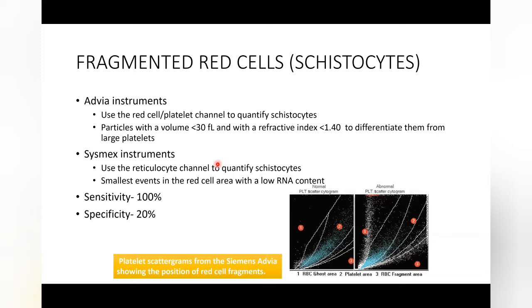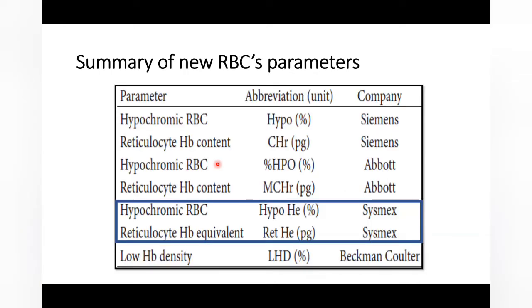Whereas when we look at the Sysmex, we have already seen that they use the reticulocyte channel to quantitate schistocytes, and they pick up the smallest event in the red cell area with low RNA content, and that is how they pick up these fragmented red cells. So if we make a summary of all the new RBC parameters that we've seen,